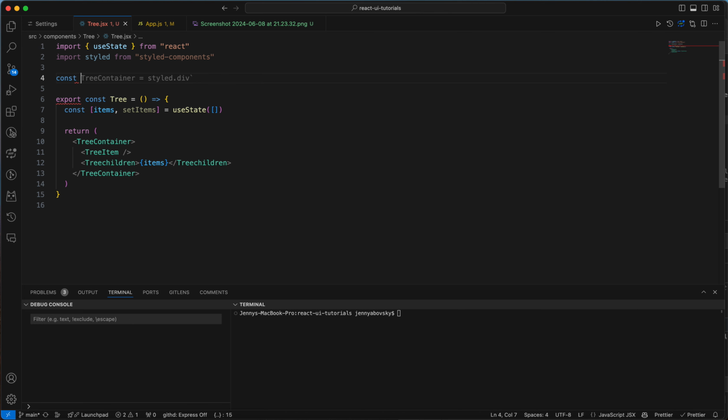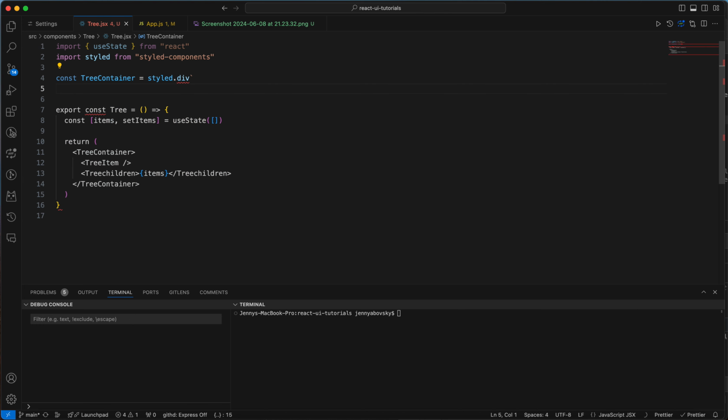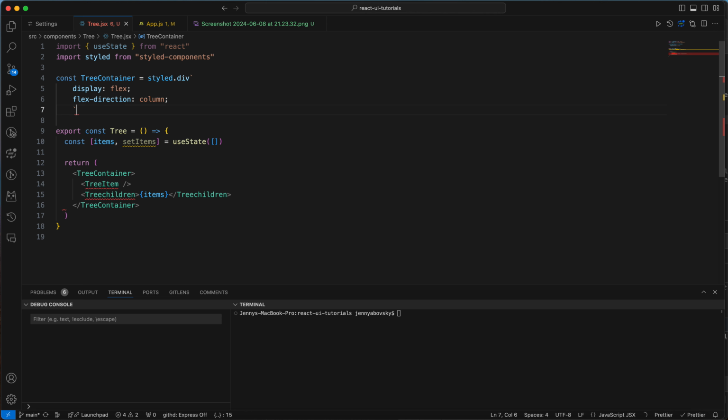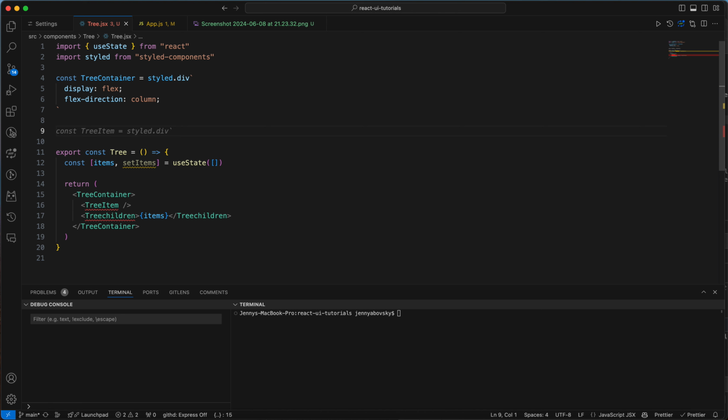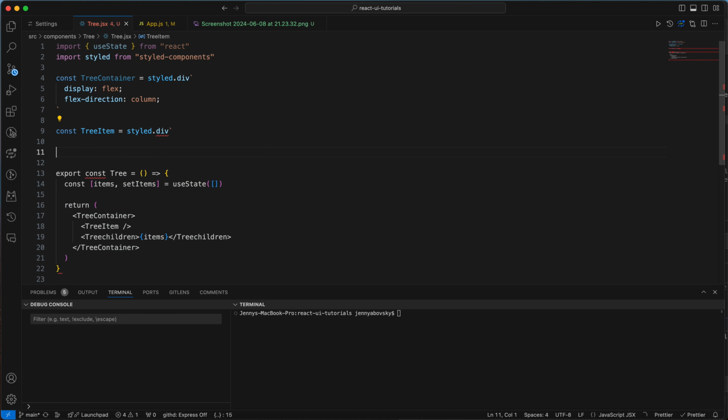So const TreeContainer is display flex and flex direction column, because my items and children are in a column relative to one another. Then I'm gonna create my tree item, which